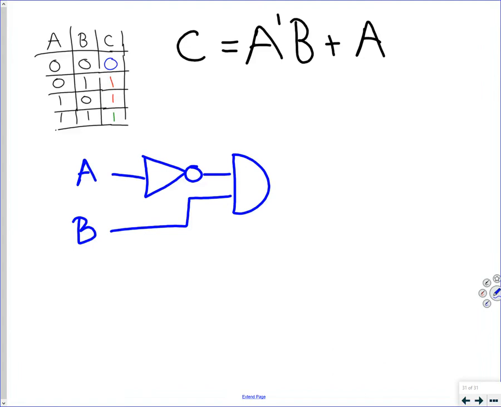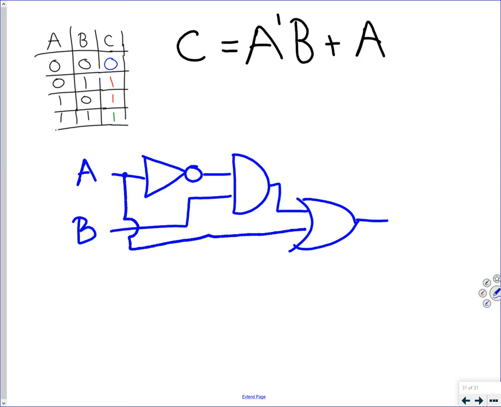But then the next thing that's being done is an OR symbol. And what's getting ORed is the result of this. So the result of that's getting ORed, and it's combining that with A. So I'm going to go over to A. I'm going to jump that wire and then join that wire right there. So again, think of it like wires, right? I'm jumping over one wire and I'm soldering it to the next wire. And the result is C. Okay? So with that in place,